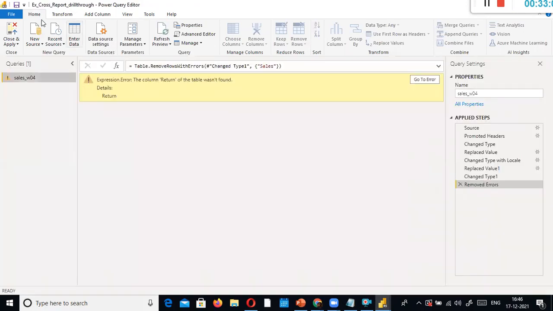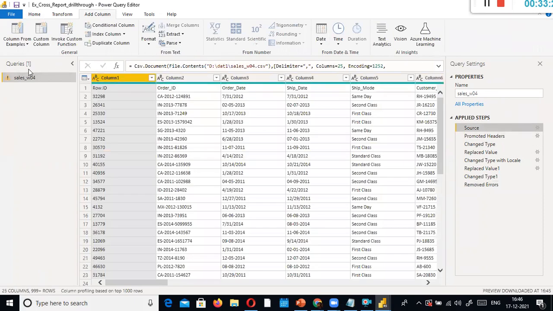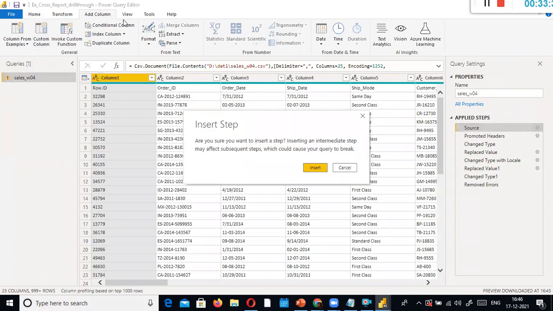When you select the Transform button in the home ribbon, it will take you here. This is your Power Query editor. Here you will find something called Add Column. In this case, I go to error and select this one. Okay, so that is not there. In Add Column, you will find Custom Column. In the last session, we discussed Column from Examples, how to create a new column.